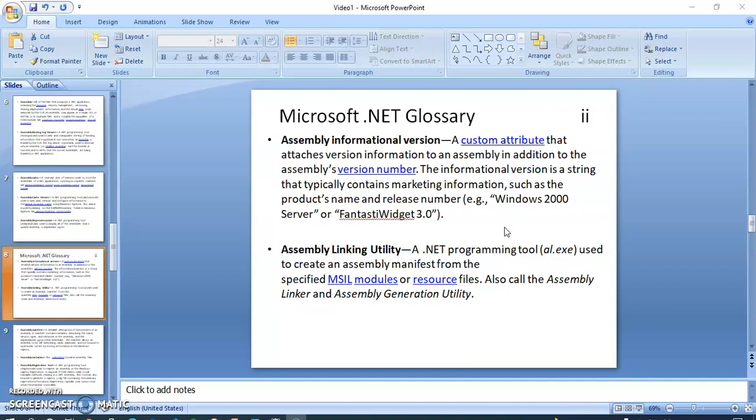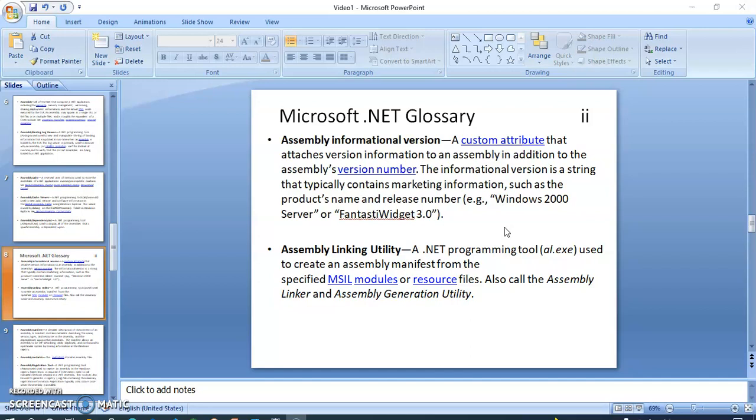Okay, the first term we are looking at today is assembly informational version, a custom attribute that attaches version information to an assembly in addition to the assembly version number.